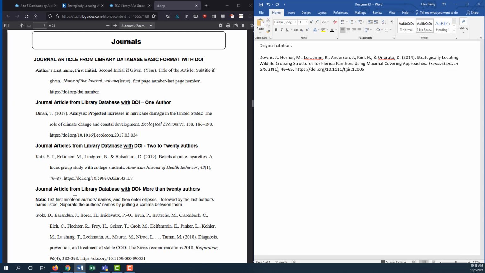If we look at the format and examples on the APA guide, we can see that article titles follow sentence case. Only the first letter of the title, the first letter of the subtitle, if there is a subtitle, proper nouns and abbreviations are capitalized. The rest of the letters are lowercase. To correct our citation, we must change all except the first capital letter in this article title and the first letter in Florida to lowercase letters. The article title should end with a period.